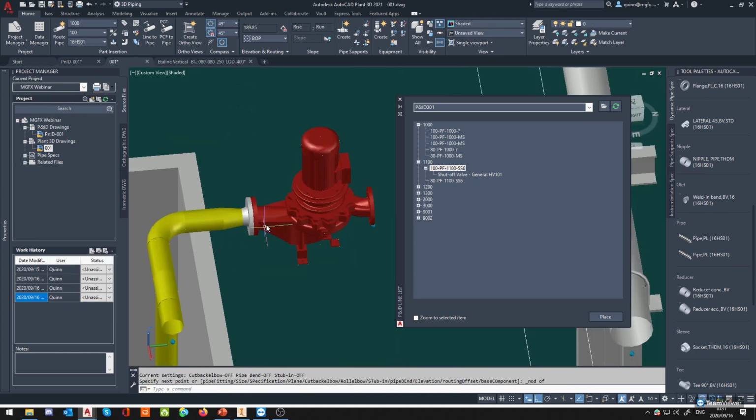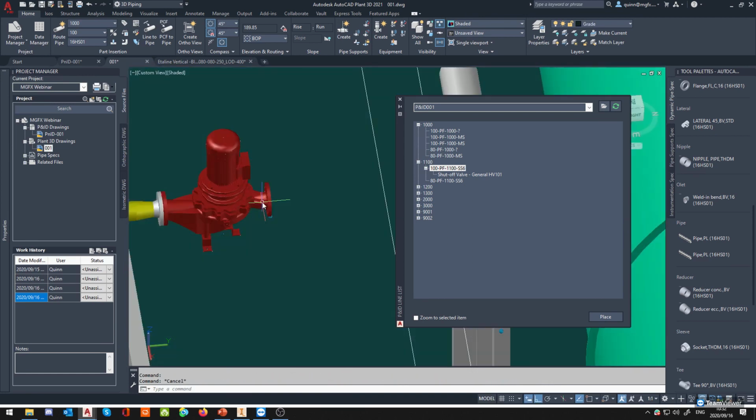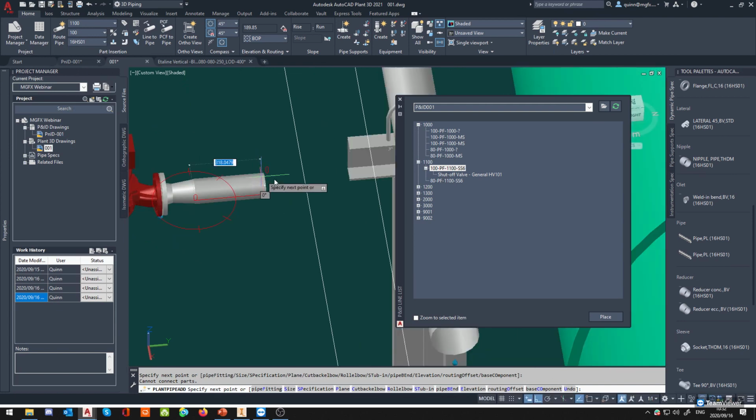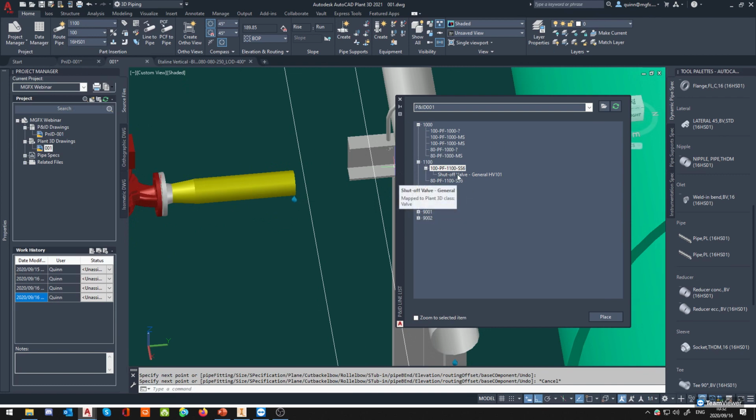Node. There we go. Reducer into our nozzle. Same thing over here. Okay, make sure I am on the right line. You notice, by the way, I'm on the 100 line, but remember the nozzle is 80. Doesn't matter because as soon as I pull it out, it jumps to 80, and then I can just resize it to 100. Now, like I said, what people don't realize about this ID line list is you can actually